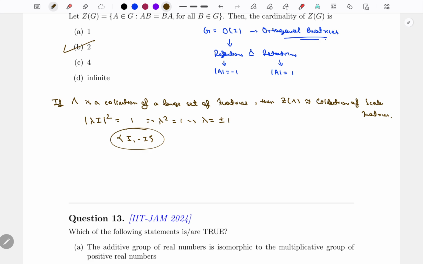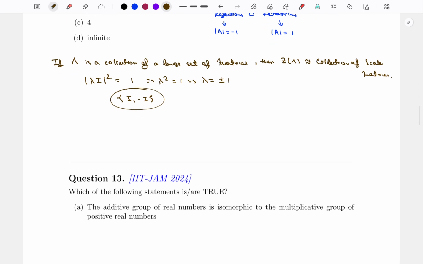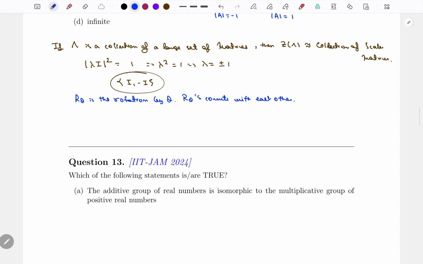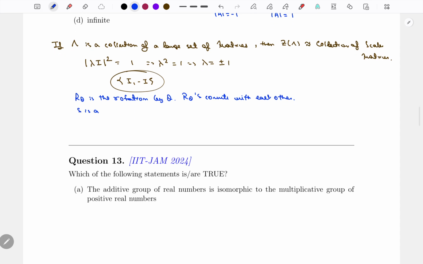But what probably can be a more rigorous approach to this particular problem? Something which you can think of is that suppose R theta is the matrix which considers the rotation by theta, then all rotations commute with each other. Okay, so R thetas commute with each other. Now if S is a reflection,